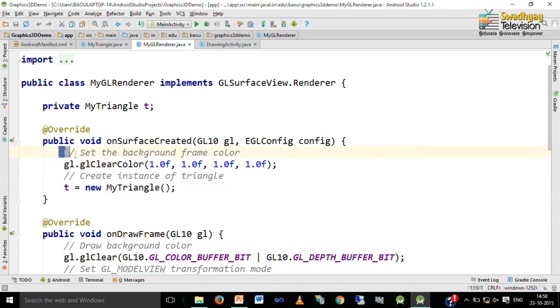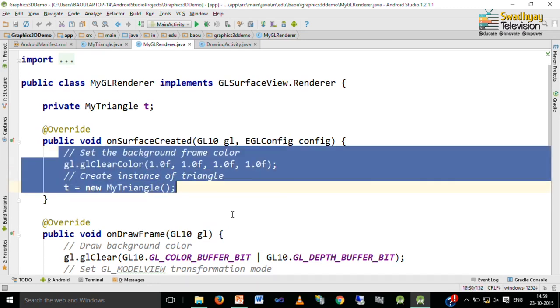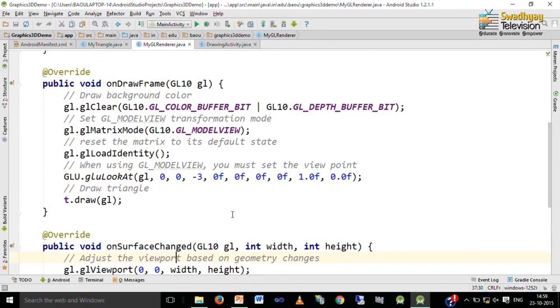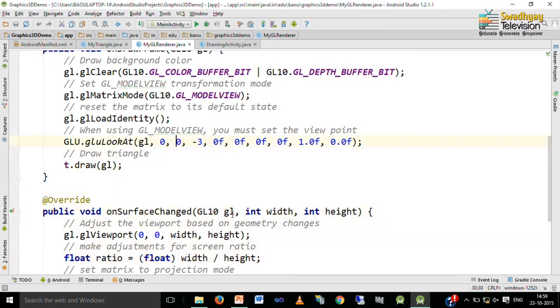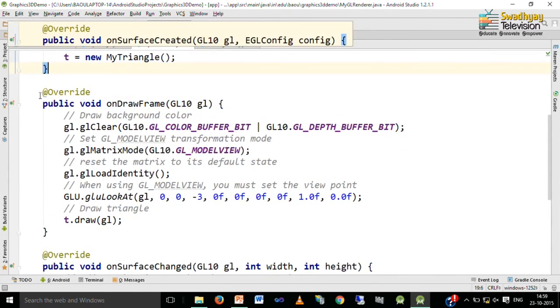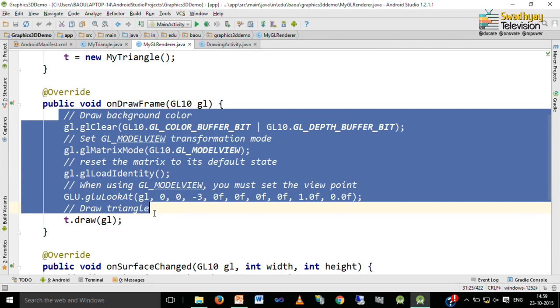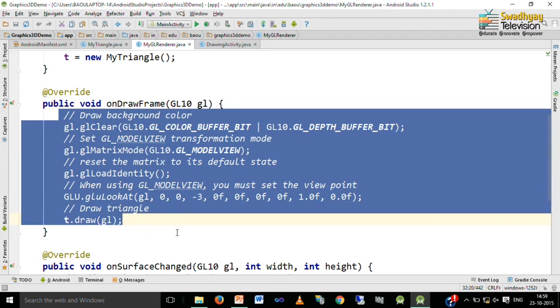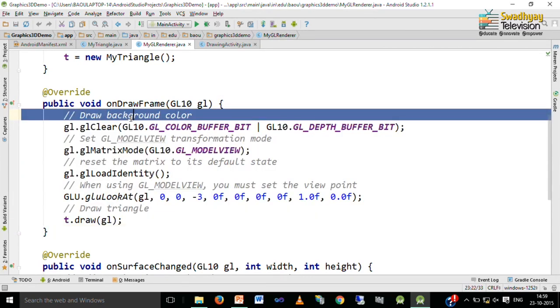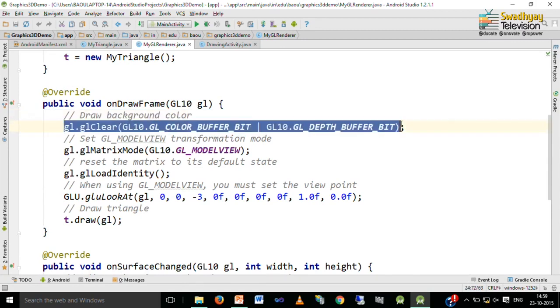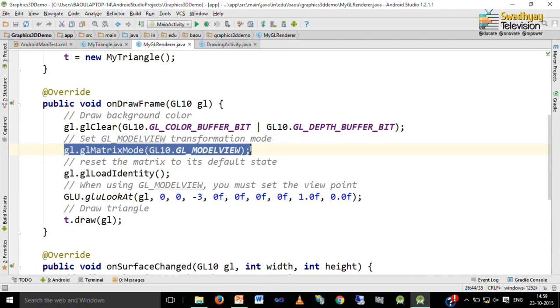So, this code is called only once, which specifies the background color and creates an instance of our triangle. Then the next method is called to draw on the GLSurfaceView. First we draw the background using this glClear method, then we set the matrix using glMatrixMode and we specify GL_MODELVIEW.